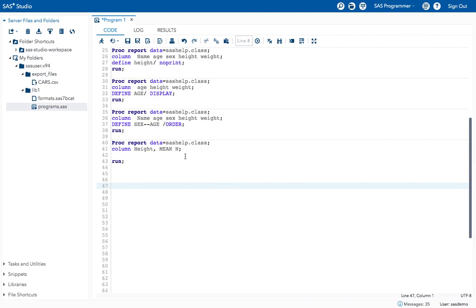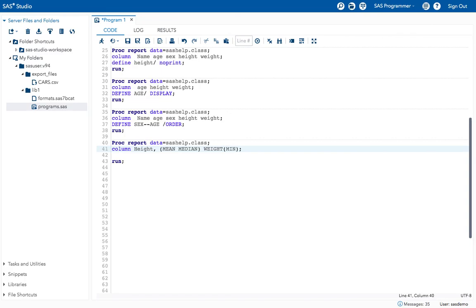For example, now I want to get the median value also. Mean, median for the height values. Also, I want to get the minimum and the maximum values for the weight.